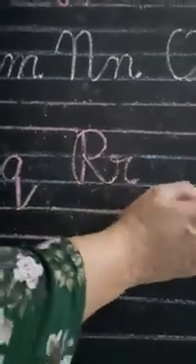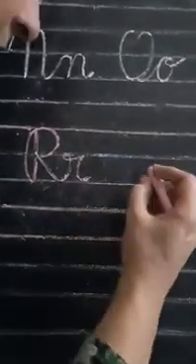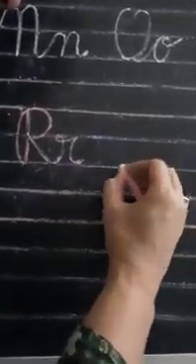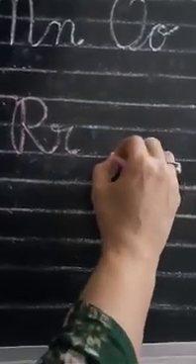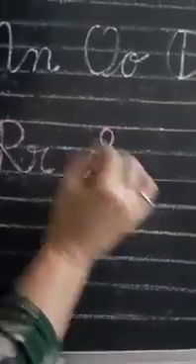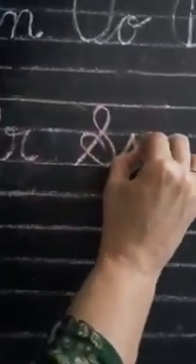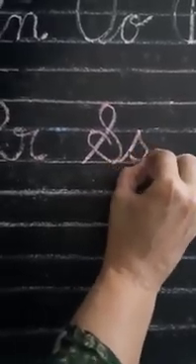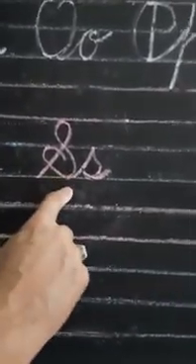After joining R, it comes joining S. For joining S, हम कहाँ से start करेंगे? We'll start from the second blue line. Go up, take a turn, cut on the line. Again take a turn, go up, touch first blue line and leave it like this. Okay. Then join करते हुए we'll make small s. Take a turn and come out with a little curve. This is joining S. Joining Q, joining R, joining S.